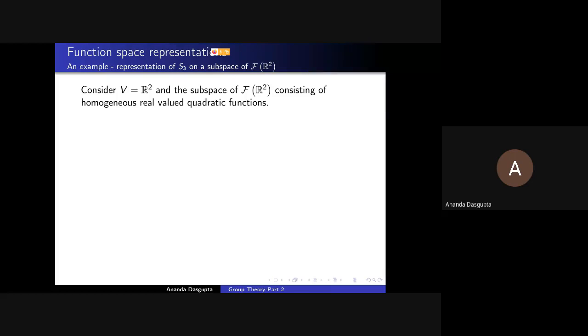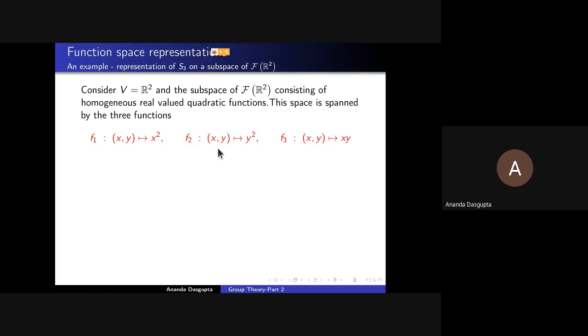It's a three-dimensional situation. You can easily see from the fact that I'm saying ax square, where a is some arbitrary number, plus by square, plus cxy. So a, b, and c, 3 numbers possible. You can choose as 3 coefficients. And an obvious choice of basis is right there: x square, y square, xy. These are your basis functions. Any function which is homogeneous quadratic will be a linear combination of them, right? Is that okay? So this is a three-dimensional vector space.